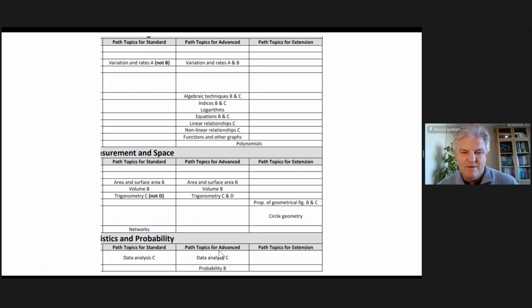And in workshops, we've been looking at this list here, path topics for advanced. In my workshops, we've been looking at that list, and the overwhelming agreement is trigonometry, yes, critical. Area and surface area and volume, you know what? It's just a collection of formulas. That's all it is for those kids who are borderline, will I do advanced? What really matters is these topics up here for those kids who are going to scrape into advanced by the skin of their teeth and hang on the edge of the cliff by their fingernails,